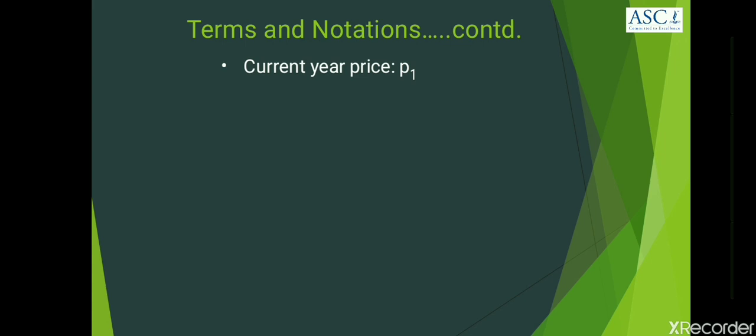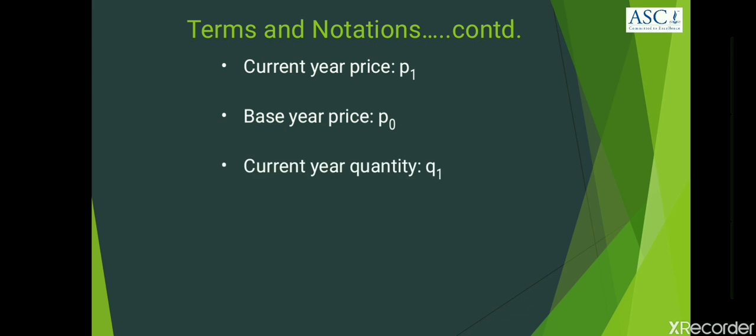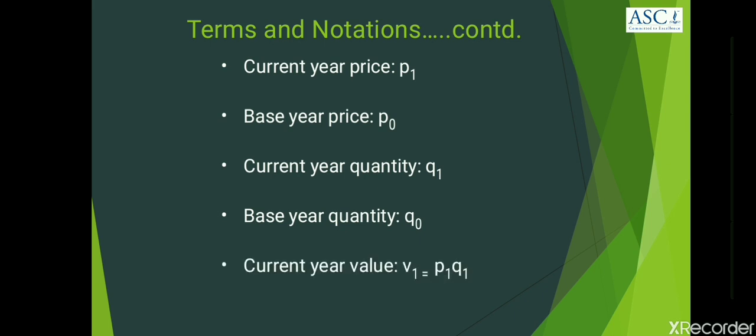Therefore, current year price is denoted as P1. Here, P is the small letter and 1 is written at the base. Similarly, base year price is denoted by P0, current year quantity denoted by Q1, base year quantity Q0, current year